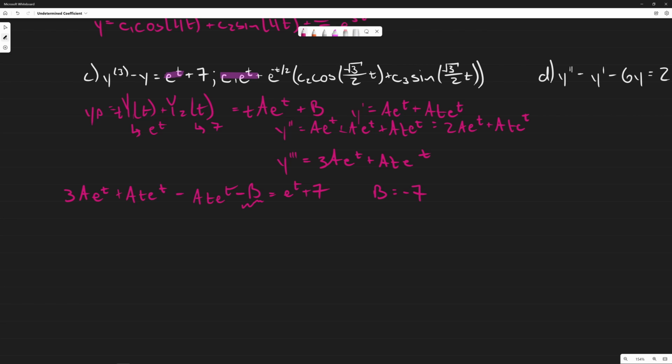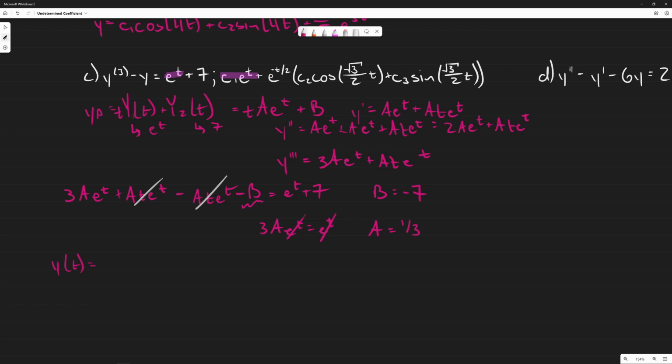And then what we can also do is these two cancel out. So we're just left with a nice little 3a e to the t is equal to e to the t. So a is equal to 1/3. Thus, our